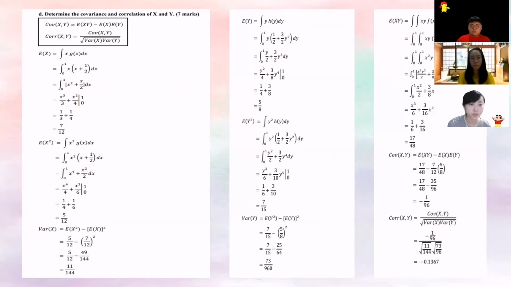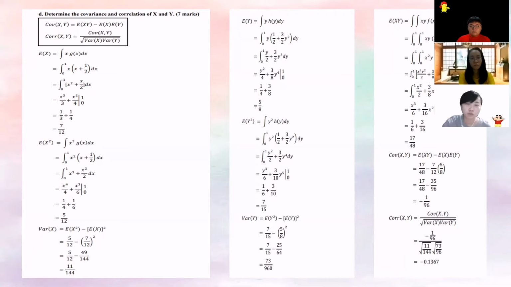5/12. So to get the variance of x, we use the expected value of x squared minus the square of the expected value of x. So from here, you can see we got the answer, which is 11/144 for variance x. Same goes to y, but then the thing we have to change is